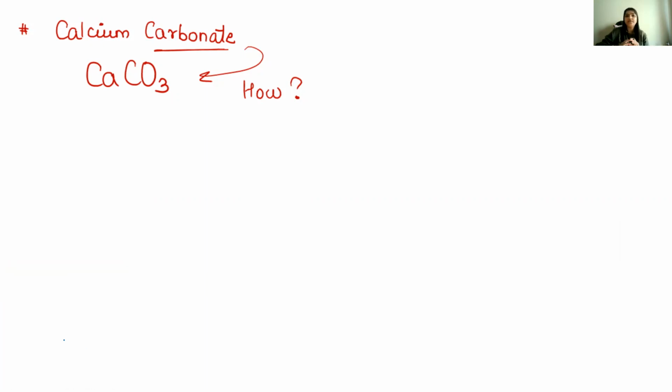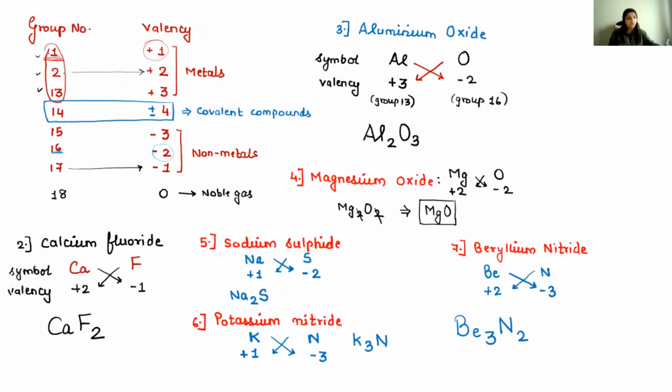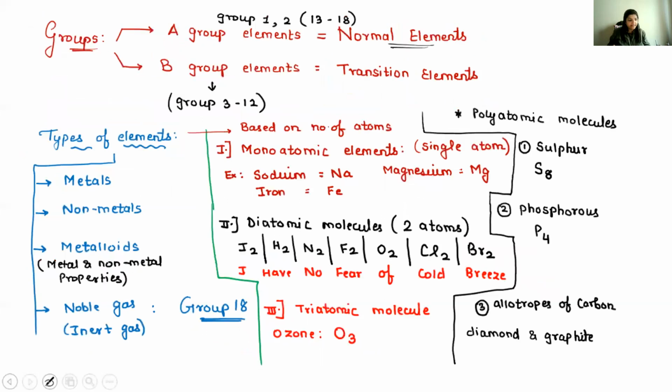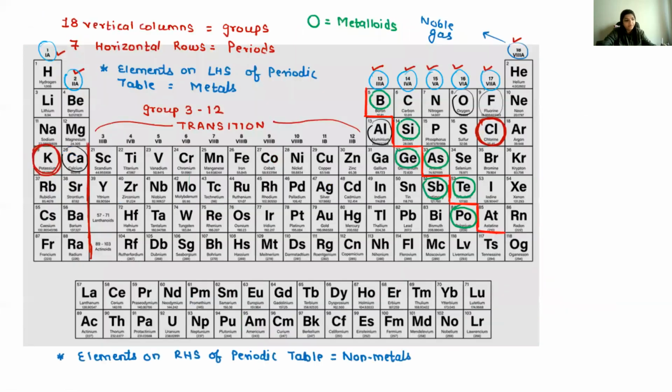So in the last lecture, the formulas we learned, how to make the formula, were based on the periodic table. That is, by looking at the group numbers, we would be able to find out that this particular element belongs to this group. So there were certain groups which were decided: group 1, group 2. Then the middle group we were not touching. So it was then group 13, 14, 15, 16, 17, and 18. So basically, if I go back, we are only focusing on these groups, which I am circling right now: 1, 2, 13, 14, 15, 16, and 17.